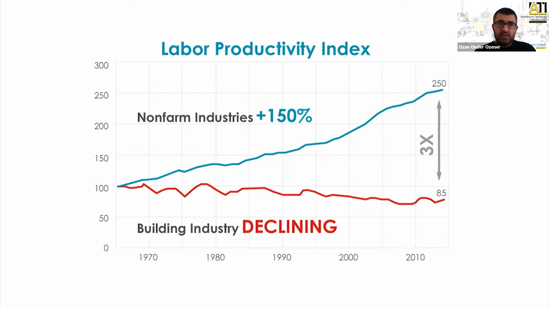But when you look at it from another point of view, production and productivity, well, the non-farm industries are getting better and better because of these highly technological processes. But the building industry, it says here, is declining. Actually, it looks to me more like a stagnant position, right? And we cannot really add value which is demanded by the industrialized societies, and maybe